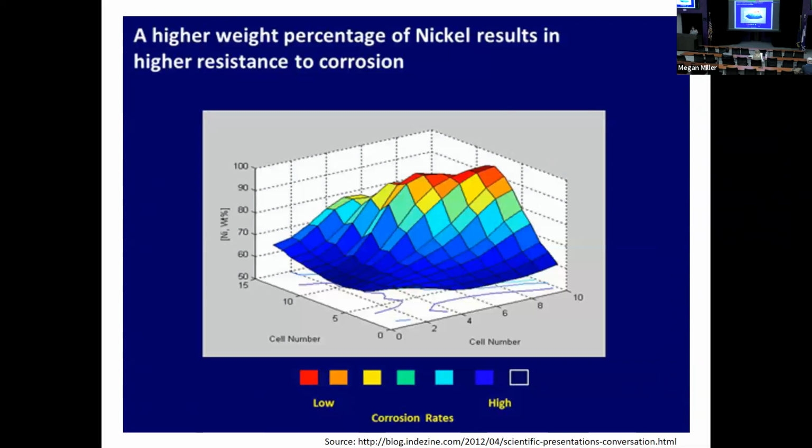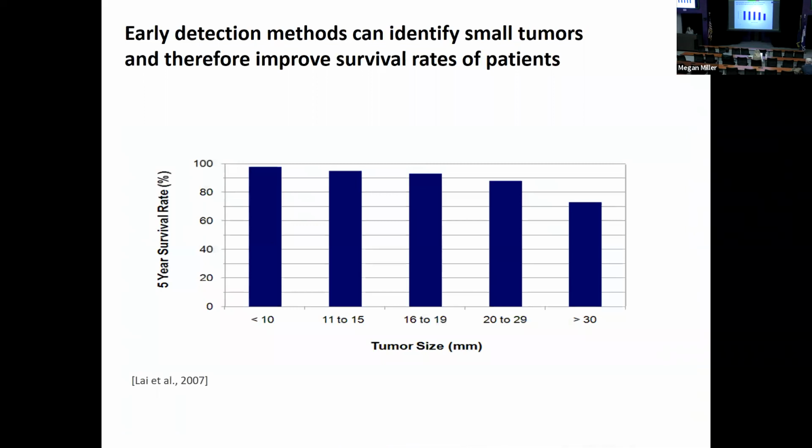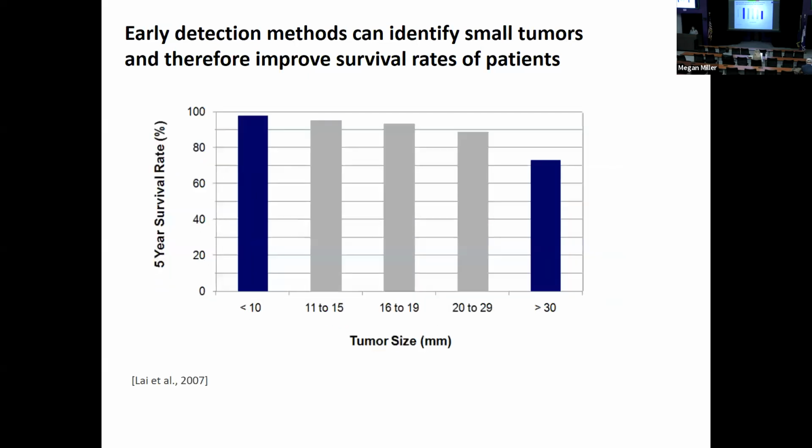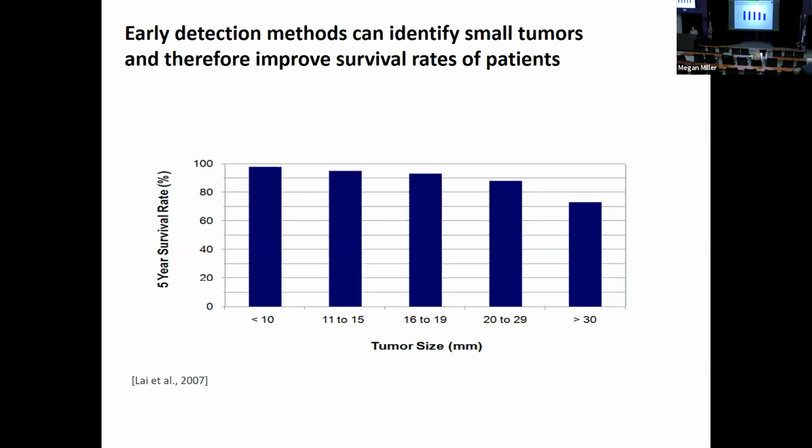Here's another example of that. So again, very simple, kind of minimalist style, but the title at the top is being used to convey a finding. And it typically works in a full sentence. You don't have to, but it works pretty well here. So early detection methods can identify small tumors and therefore improve survival rates of patients. So it's interpreting the data for you so that you don't have to draw your own conclusions. Okay, we can kind of move through these things here, see how small things can be changed and still be